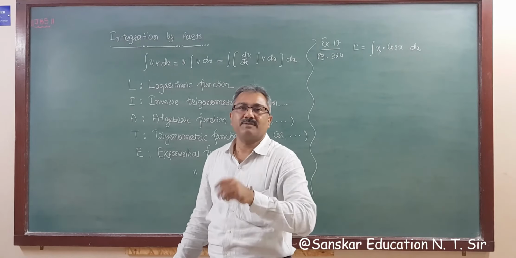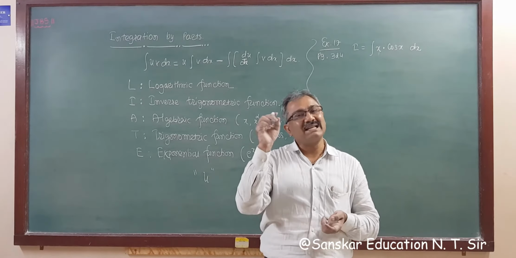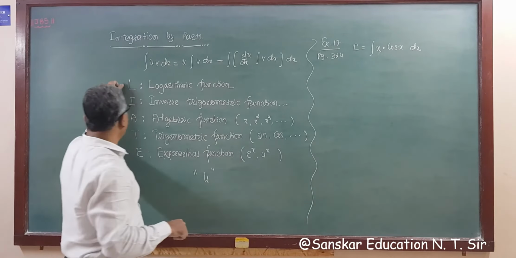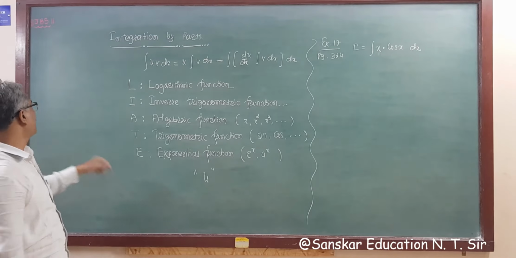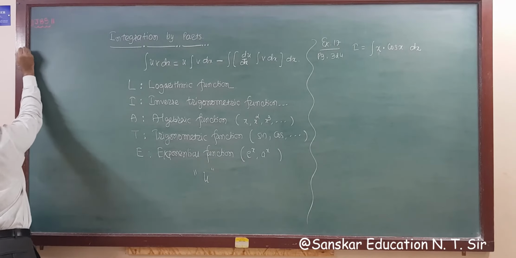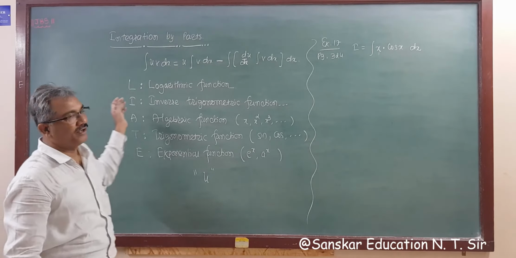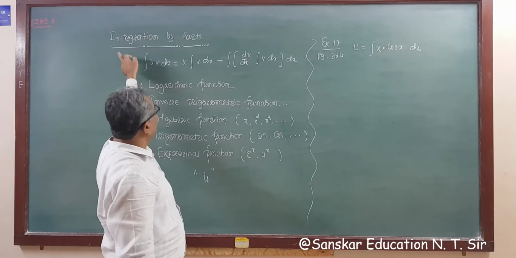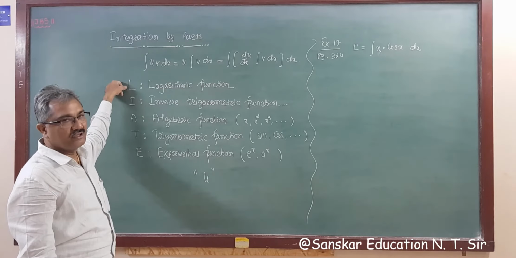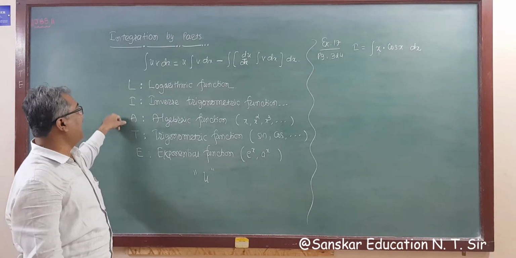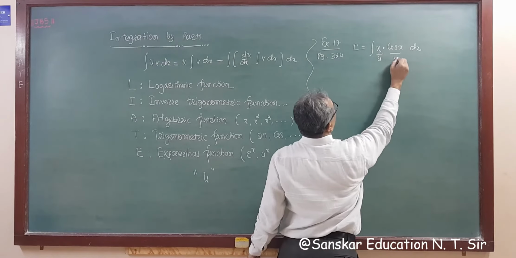So applying integration by parts, we have to select u and v, and for selecting u you have to follow the rule LIATE. So remember this. I am writing it here, because it is important for the selection of u and v for integration by parts. Is a log function there? No. Is an inverse function there? No. Is an algebraic function there? Yes, x. So this is your u, and cos x is your v.